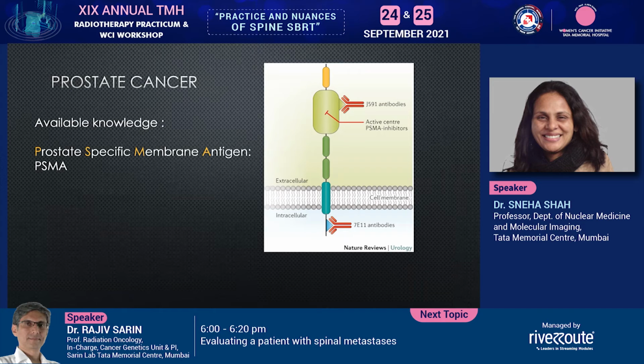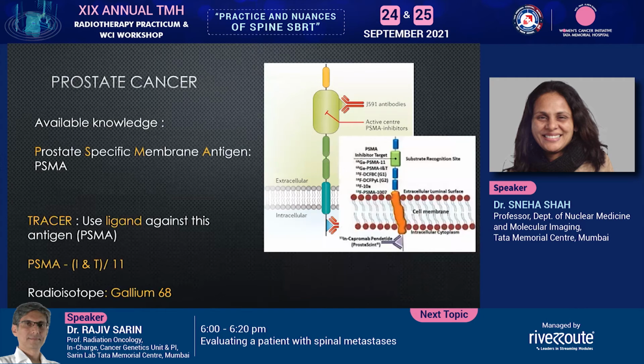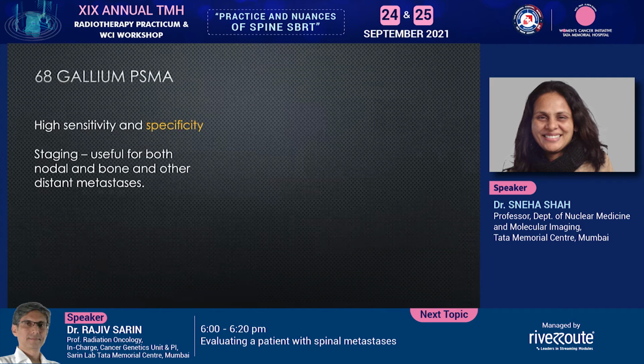This is an imaging where we utilize the knowledge that the prostate cancer cells have an antigen called the prostate specific membrane antigen on the surface, and we can use ligands which are going to go and tag to this antigen on the cell surface, like the gallium PSMA-11, the INT, or the DCFPyL. So there are different ligands which can go and bind to the PSMA molecule on the surface and which can be tagged with gallium-68, and you could identify. So what is the advantage?